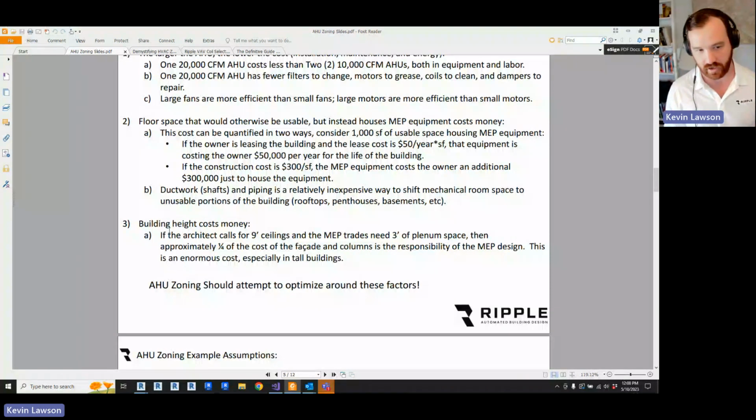Third principle is that building height costs money. So the taller the building, the more your facade costs, the more your column costs. There's a lot of cost for every foot that building has to grow. So if the architects want 9-foot ceilings and you need 3 feet of plenum space, like a quarter of the cost of the facade and the columns is really on the back of the MEP trades. So it's important to minimize that plenum space that you need. And this is a constant argument between architects and engineers, but you've got to walk a mile in the architect's moccasins, and they're trying to protect the budget here, and so they have to really push you to minimize the plenum space,